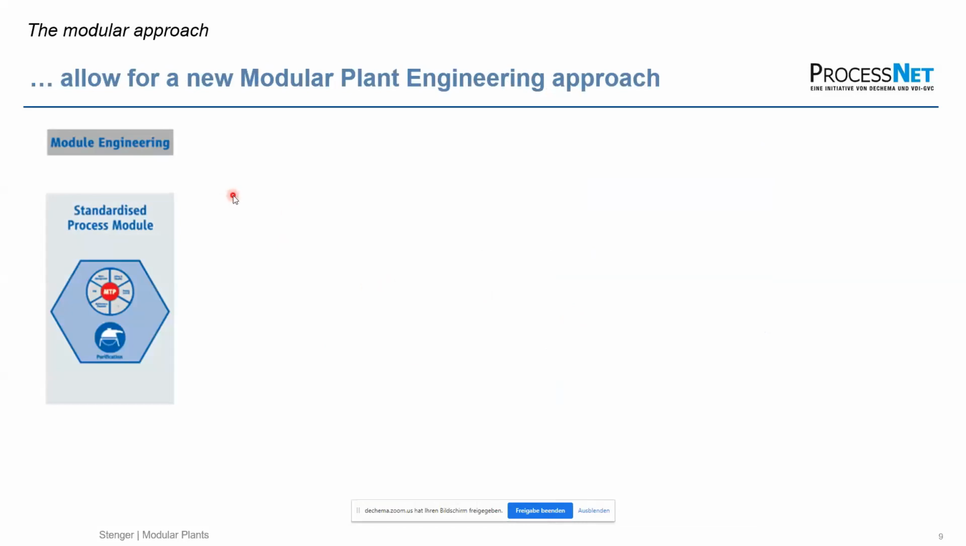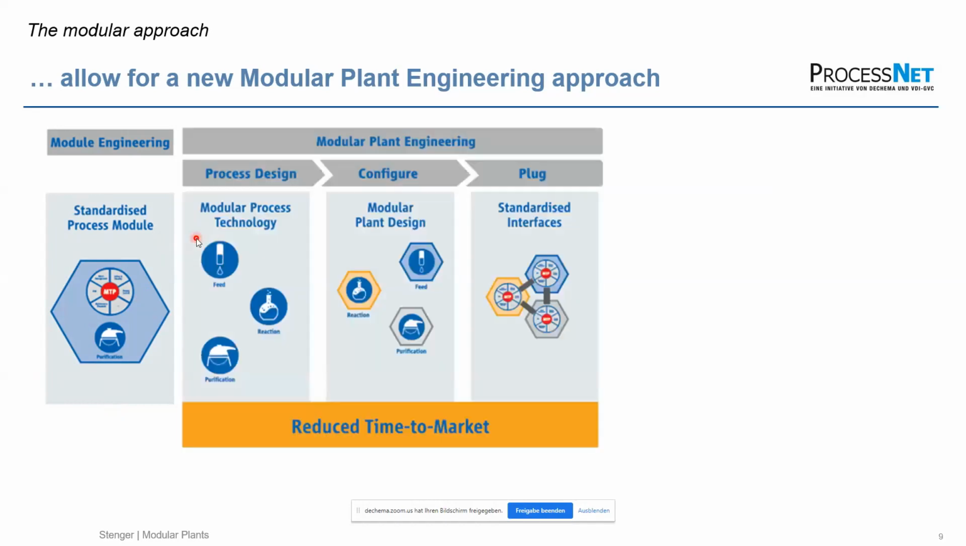outside the process. It starts with modular engineering and in designing standardized process modules, fulfilling a certain functionality, bringing along their own intelligence, so their own control and automation system. And out of these modules that are provided from the market in the end, you start your modular